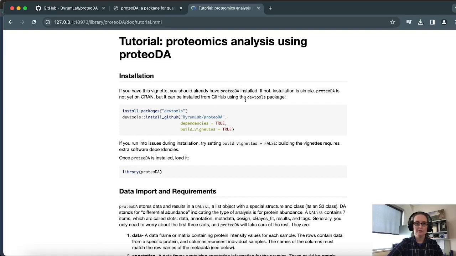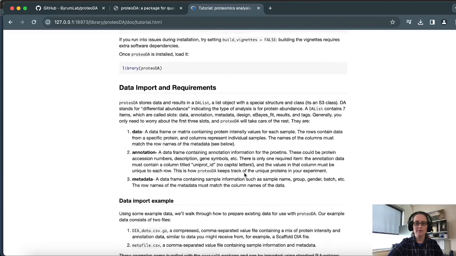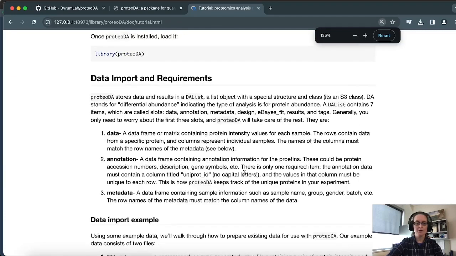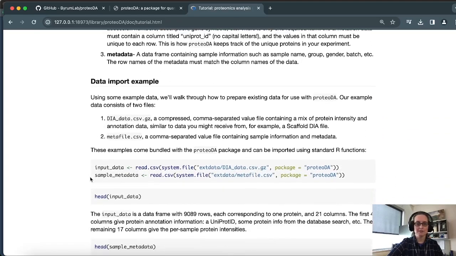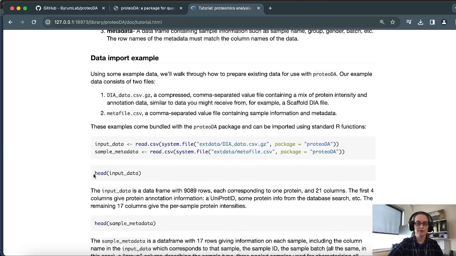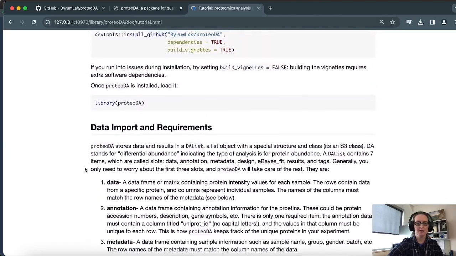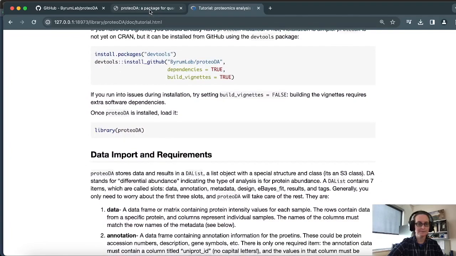And again, this is where you see how to install the package, the code, and now it's going to give you more detailed explanation on how we import those 3 files that I talked about that are required for this package to run. So it will give you more details and explanations on how to run it, and it will also include the code showing how to run this package. So the vignette is quite useful. So going back to RStudio,